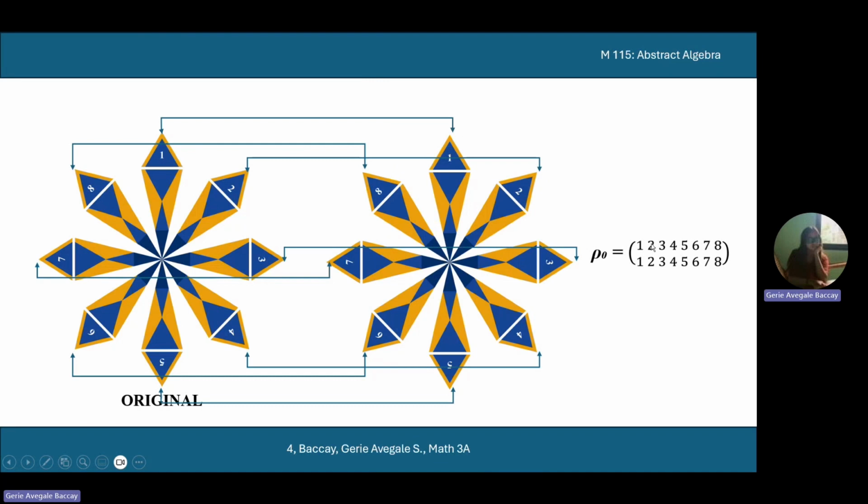So again, we have 2:2 here because 2 maps to 2, and then 3:3 because 3 maps to 3, and then 4:4 because 4 maps to 4, and then 5:5 because 5 maps to 5, 6:6 because 6 maps to 6, and then 7 maps to 7, and then 8 maps to 8. That's why we have rho sub 0, and this is the output. And then next,